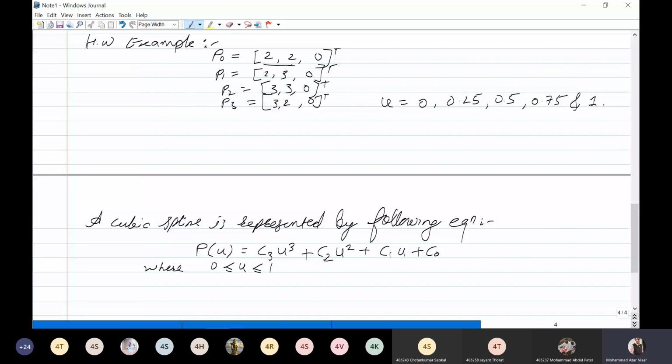Okay, so where C0, C1, C2, C3 are the polynomial coefficients, and they are asking you to determine